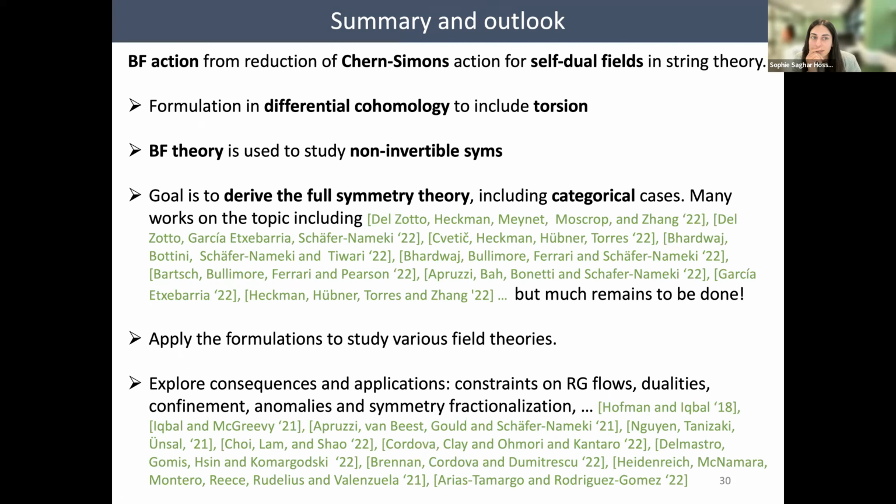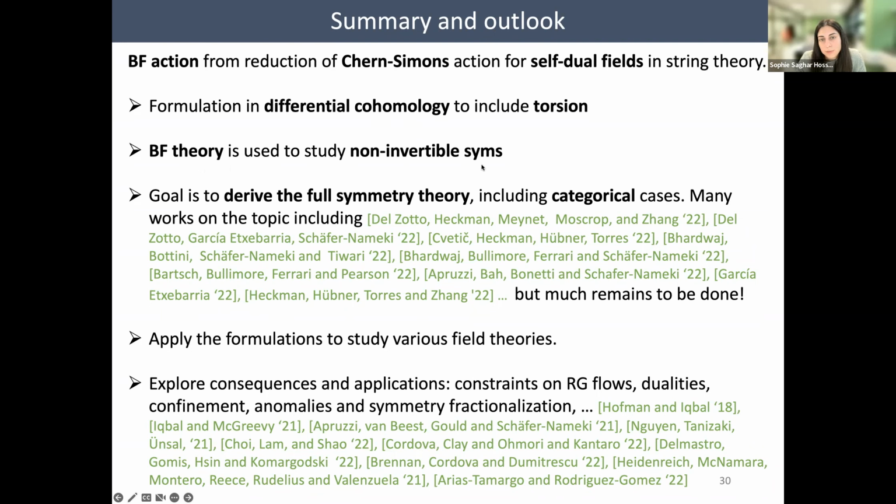So we see that we can get the BF action from the Chern-Simons term action for the self-dual field in string theory, and to see this, we have to promote our fields to be valid in differential cohomology, so that we include torsion. So the BF theory,